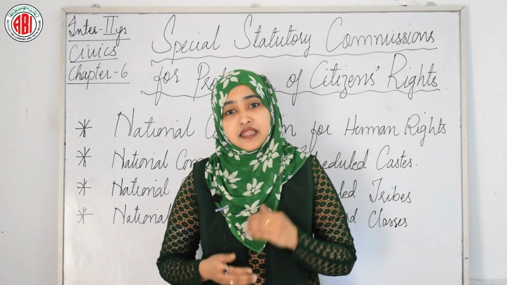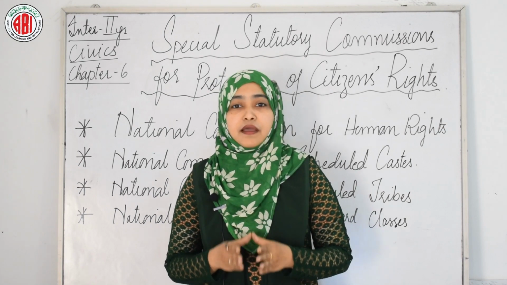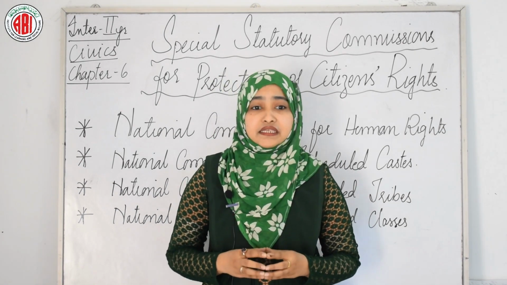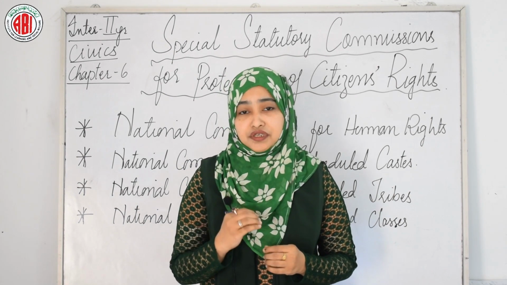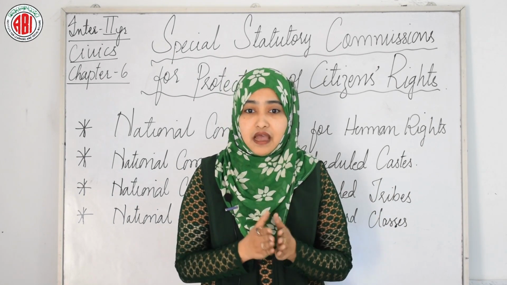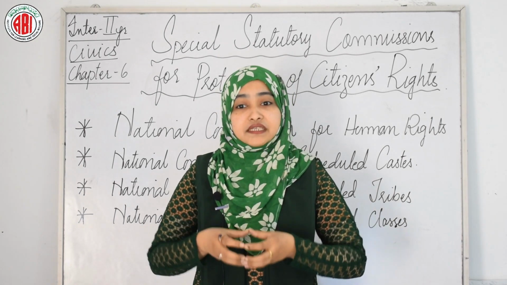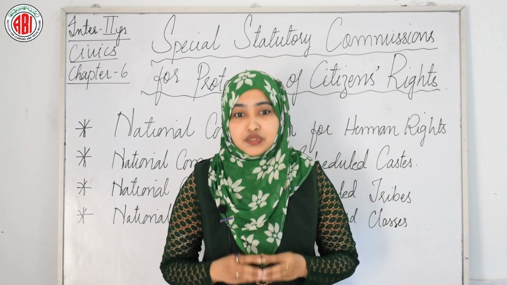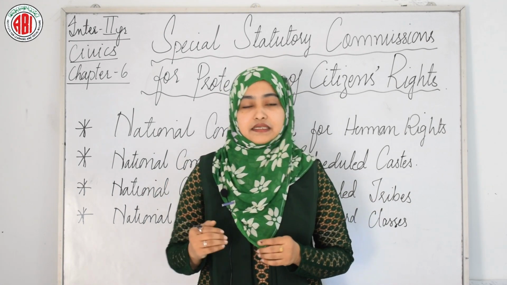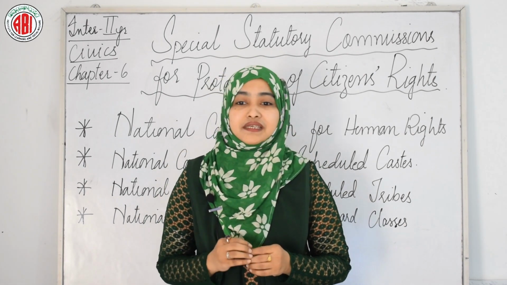Then the second commission was set up under the chairmanship of B.P. Mandal by the Janata government in 1978. This commission identified 3,743 backward classes. The V.P. Singh government provided 27% reservations to the other backward classes, that is OBCs, in 1990